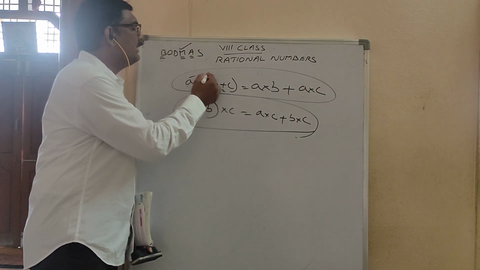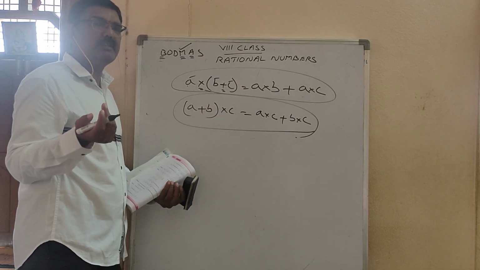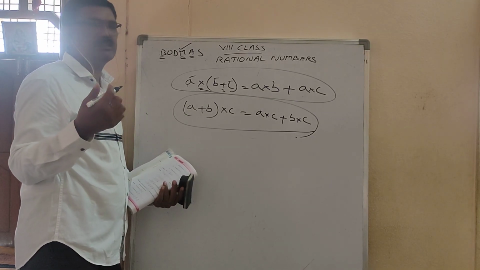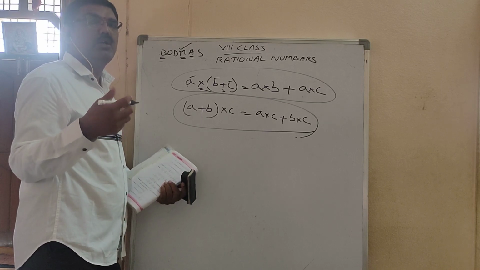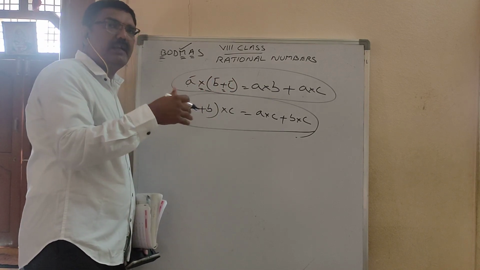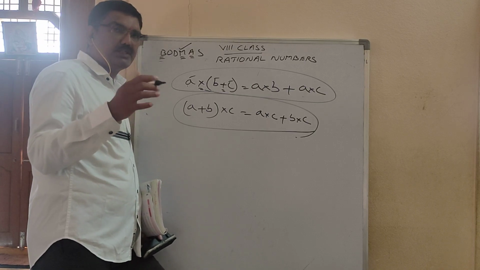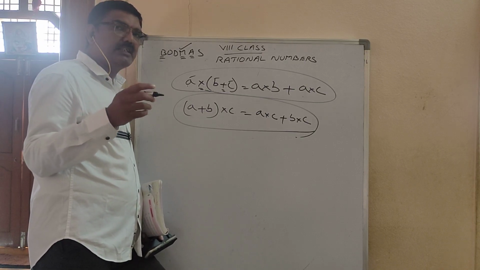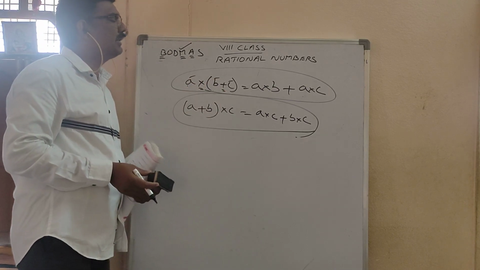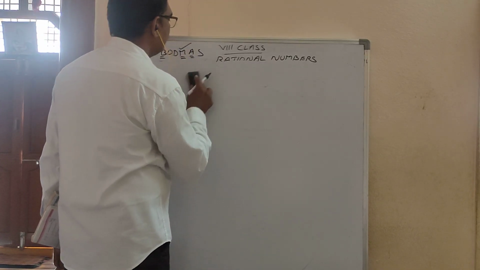So here, in place of A, B, C you can take any numbers: natural numbers, whole numbers, integers, rational numbers. Practicing is most important. To practice you can take easy numbers or difficult numbers. Difficult means taking A, B, C as fractions, integers, negative numbers. Like that it becomes somewhat hard, and if you practice it becomes easy. Now we go for exercise 1.1 in rational numbers.